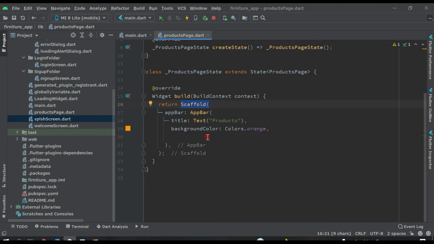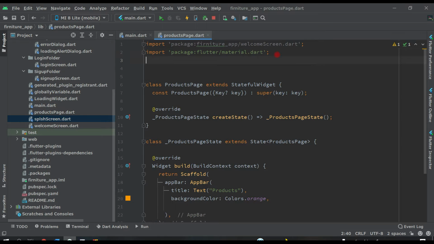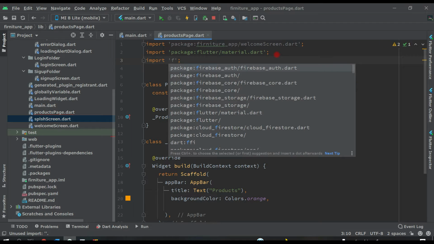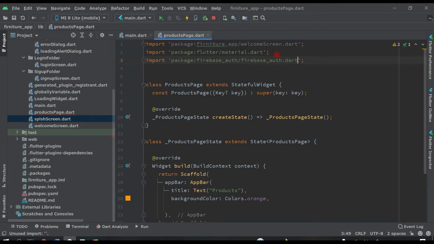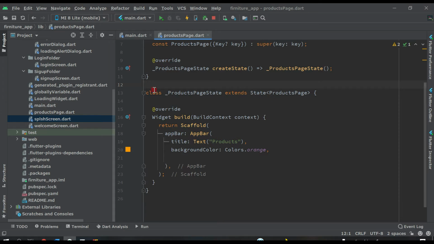So to add more icons, first of all let's come above, and here let's import Firebase auth. Import this package, and after this let's create the instance here.